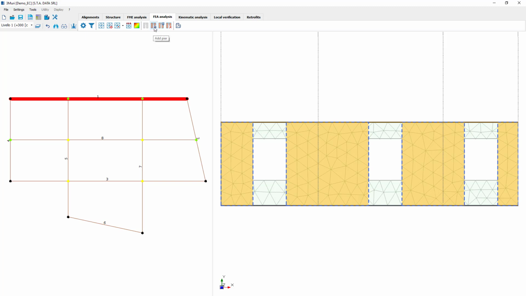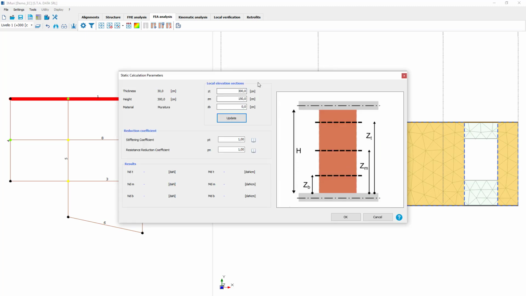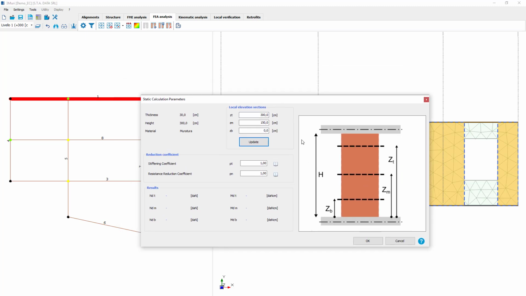And of course we can add them, modify them, and delete them. Of course we can do the same with right clicking, and we can modify them. We can change the definitions of the top, middle, and bottom section, which are going to impact on the results that we saw earlier. We can change our reduction coefficients,